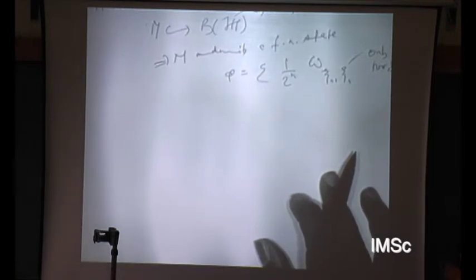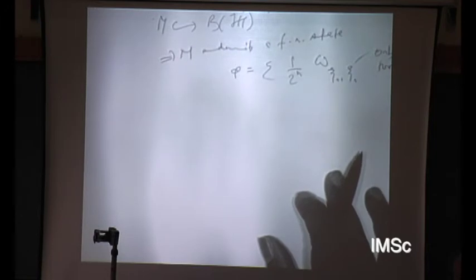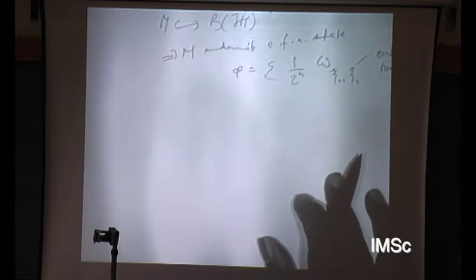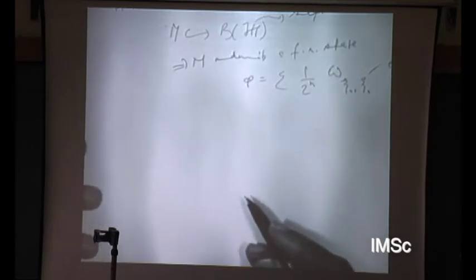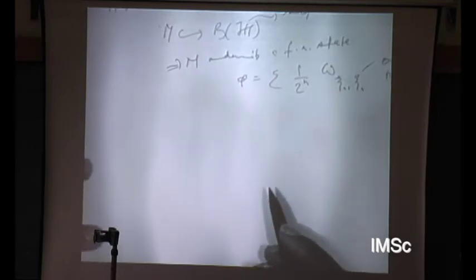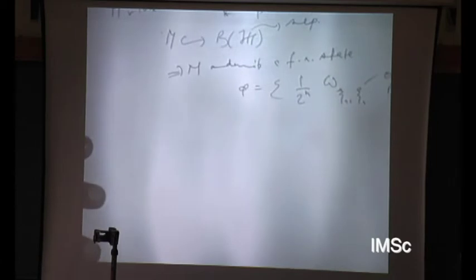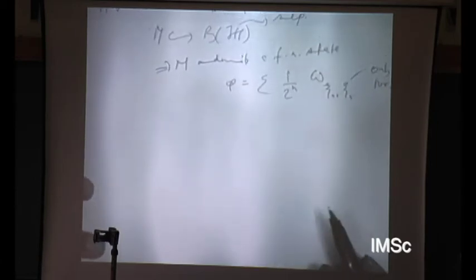And hence it is a finite von Neumann algebra, as it should be, a finite dimensional one. If that is not finite, then who will be? Okay. So any finite dimensional von Neumann algebra is